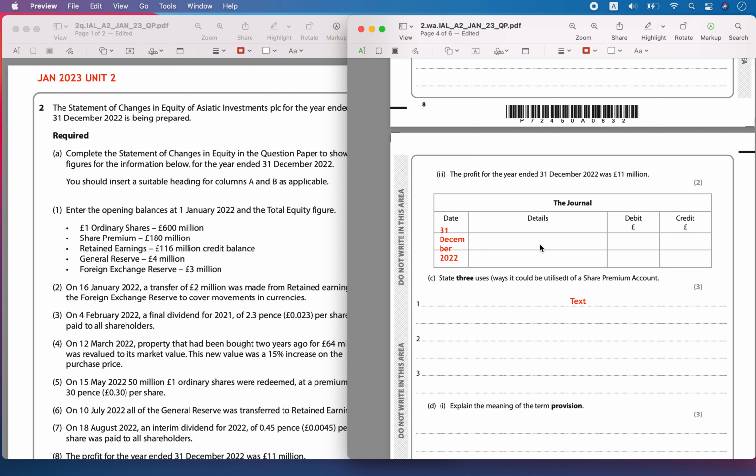So you are going to indicate that. The two things that are going to get affected are the statement of profit or loss, and then you have retained earnings. So the 11 million, you will debit the statement of profit or loss, and then you will credit the retained earnings 11 million. So this is the journal entry for the